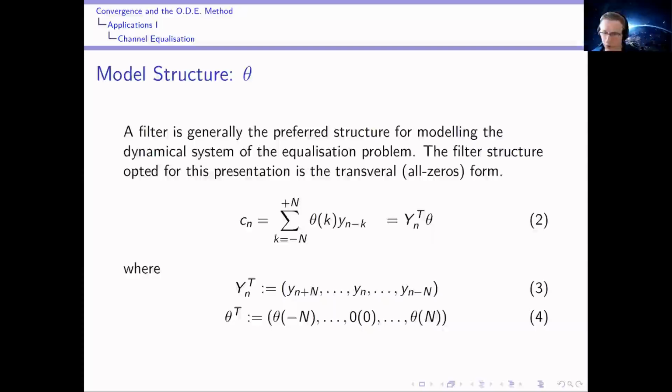So in system identification, there are a number of design tasks, and we'll introduce what's necessary for designing an adaptive algorithm for the equalizer. So first of all, we need a model for theta. Without going into all the possible choices of filter, we'll opt for a transversal all zero form. And if you're familiar with finite impulse response type filters, then this is essentially one of those. And it gives the output of the equalizer as a convolution of the filter and state.